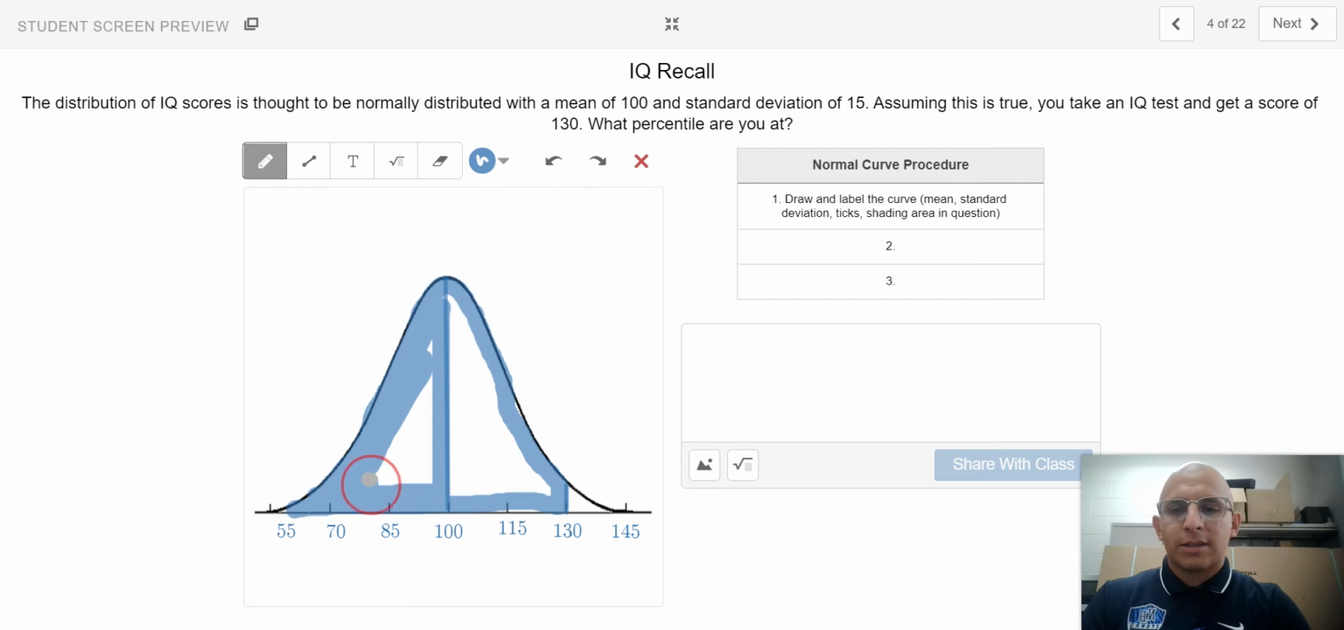So we talked about last class that in a normal distribution, 50% of the data is above the mean, so above 100, and 50% is below. So we know that at least to the left-hand side of 100, we have a value of 50%. But using the empirical rule,